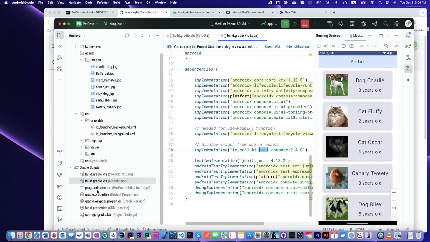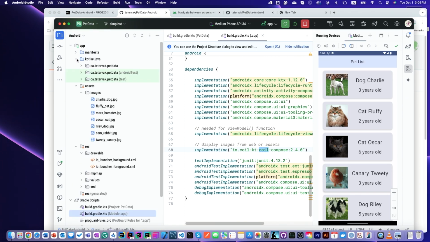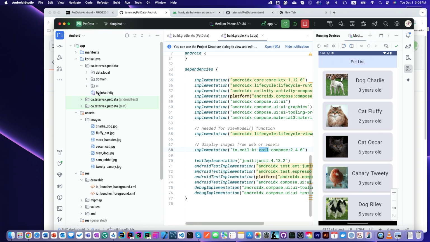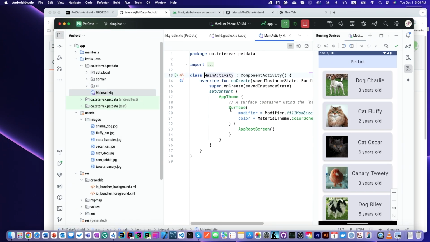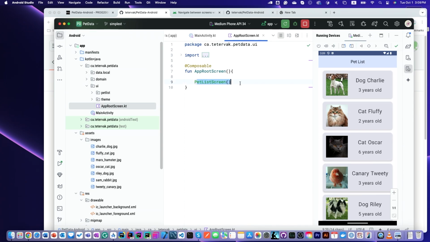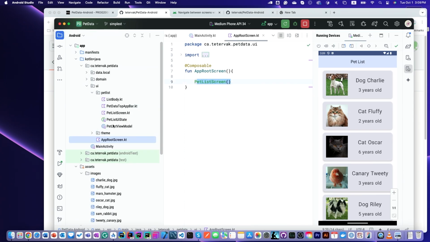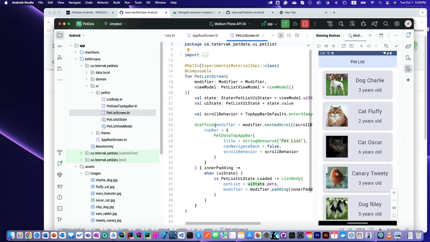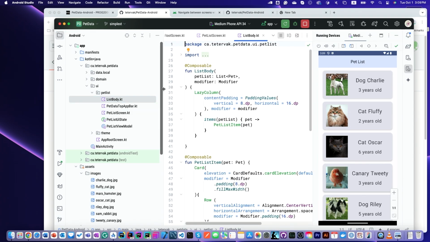And where is the code for that? So let's find it. PetData, main activity. Main activity has scaffold. Scaffold is called app root screen. In app root screen, I call pet list screen. In pet list screen, I have when loaded list body. It has to be list body. So in the list body,